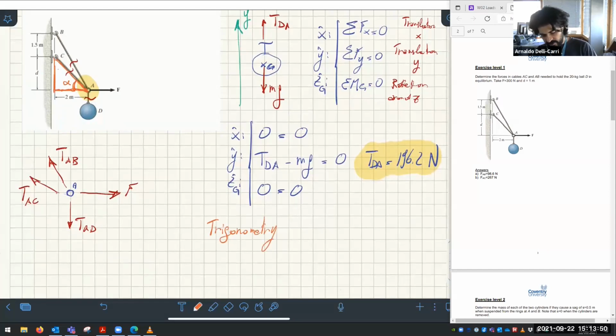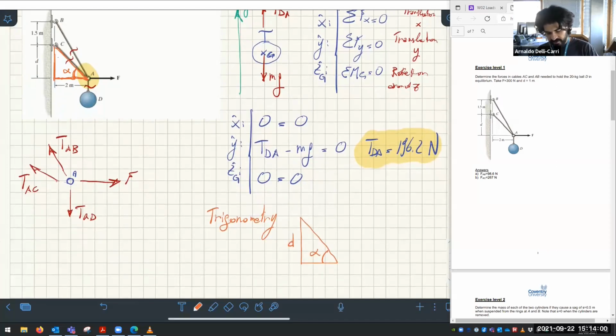We have this triangle here. This is the alpha that we want. We know that this is D, and this is 2 meters. So, remember, this is point A and this is point C. So alpha is the arctangent of opposite divided by adjacent, which is D divided by 2, which in our case, D